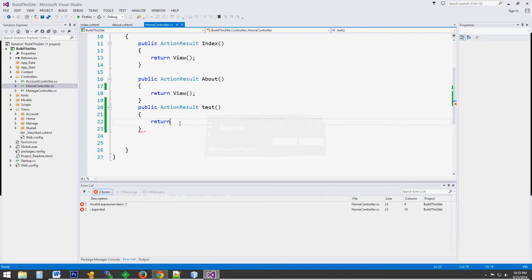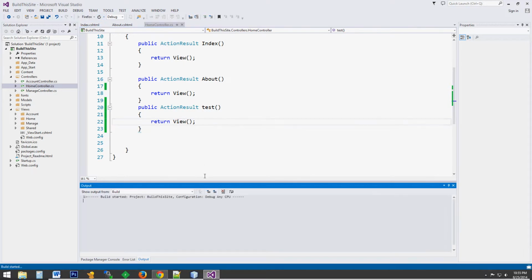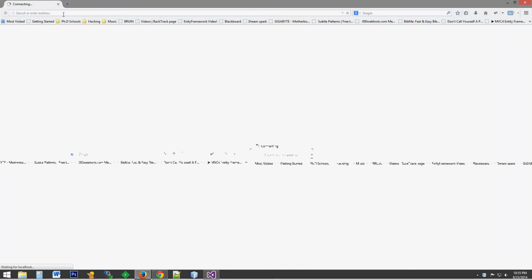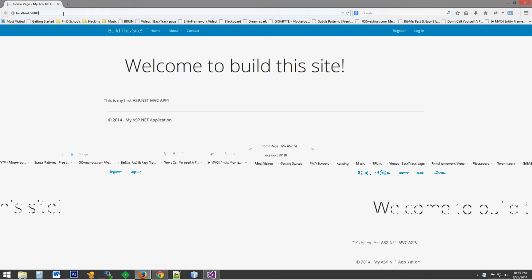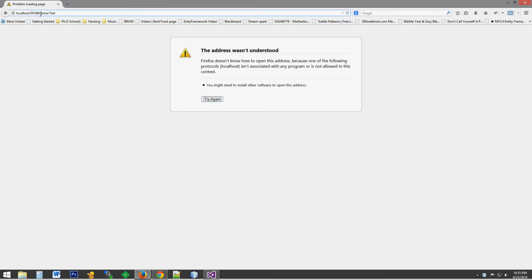Oh, sorry, I didn't hit view. So we're going to go ahead and start this up, and we're going to go to the home controller once this actually loads up. So we're going to go to the home controller, and we're going to go /test, and we'll see that